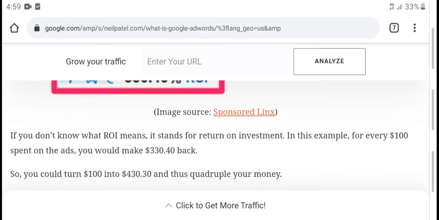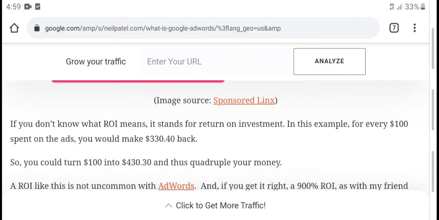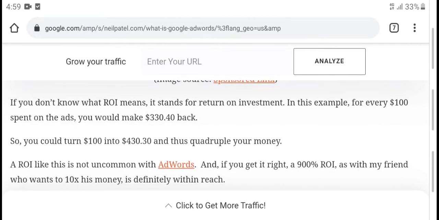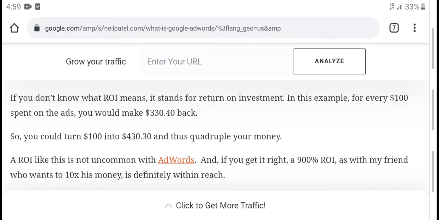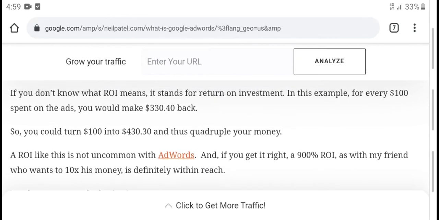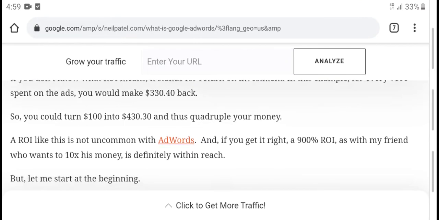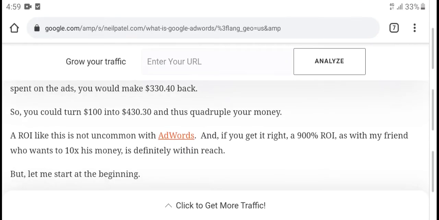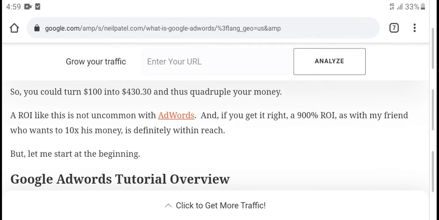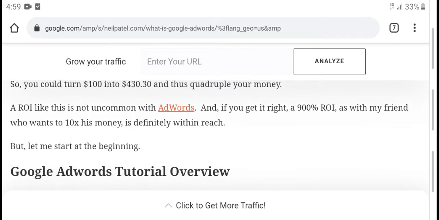If you don't know what ROAS is, it is return on investment explained: for every $1,000 spent on your ads, you would make $313 back, so could your turns $100 into $413 in your money and swallow your with AdWords